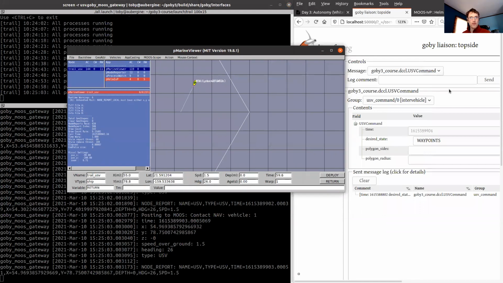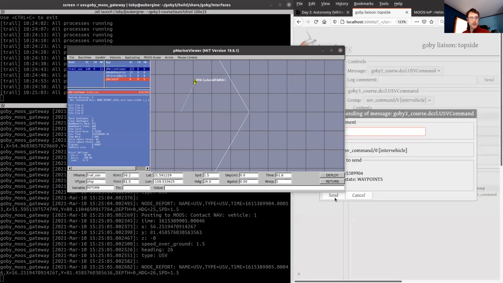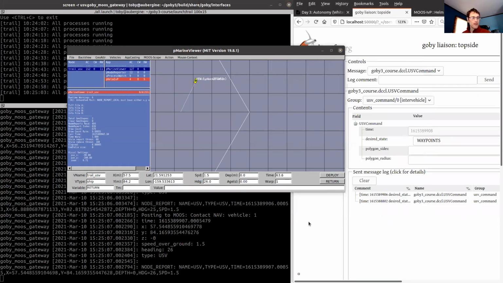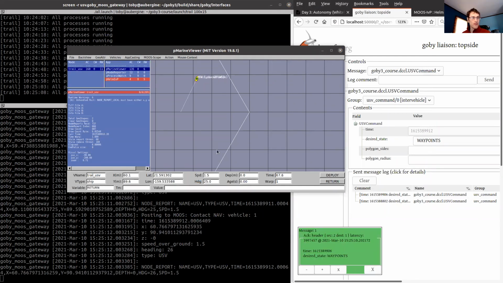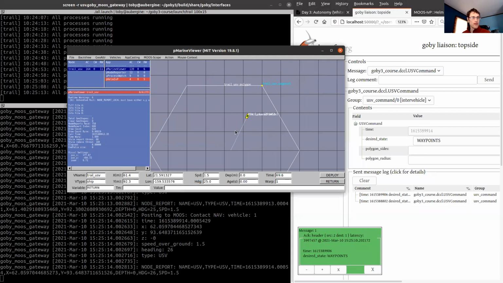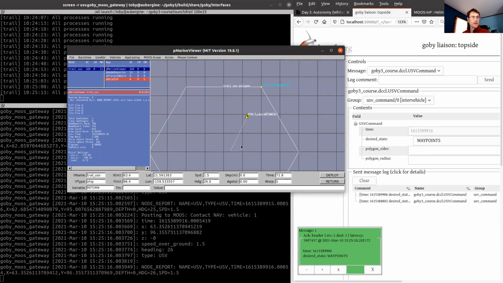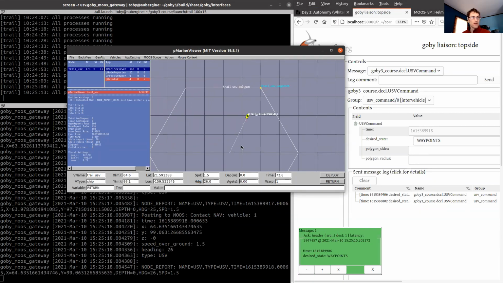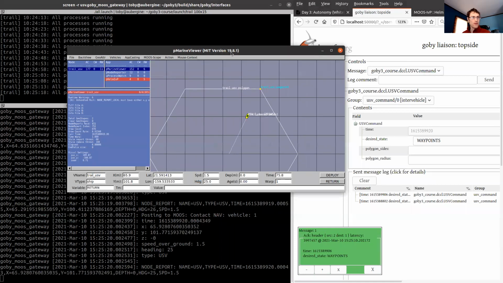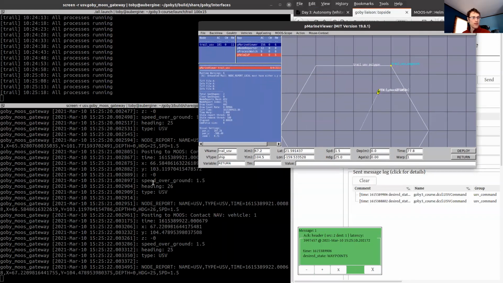And now we'll send this waypoints command over to the vehicle. It got acknowledged, but our vehicle is still not doing its thing. So here's where we need to figure out what went wrong.